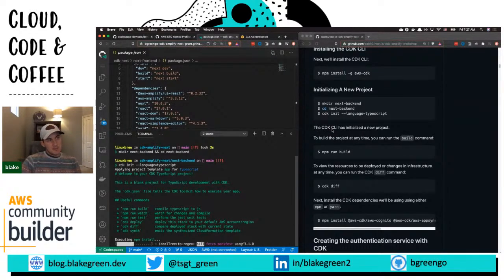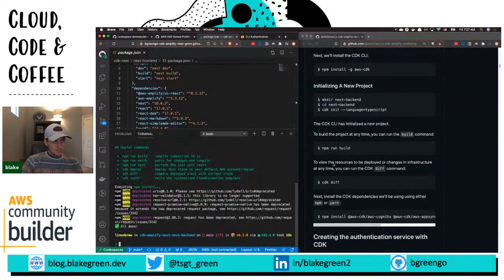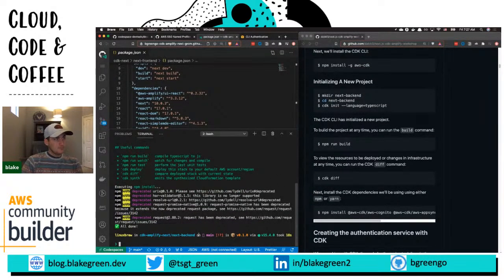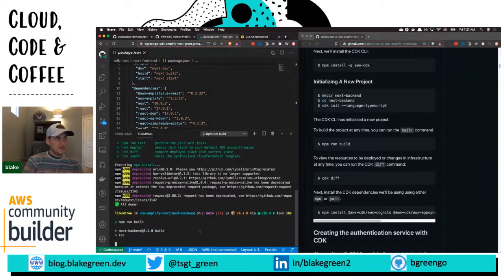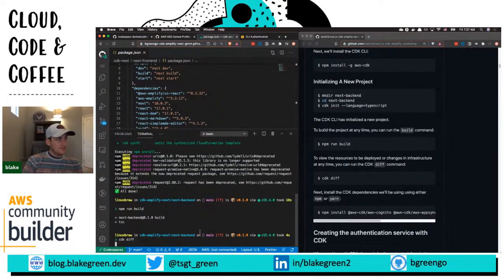All right, so the CDK has initialized a new project. To build the project at any time, you can run the build command, npm run build. Basically this just compiles the TypeScript into JavaScript, and then you can run our cdk diff. It should just show,